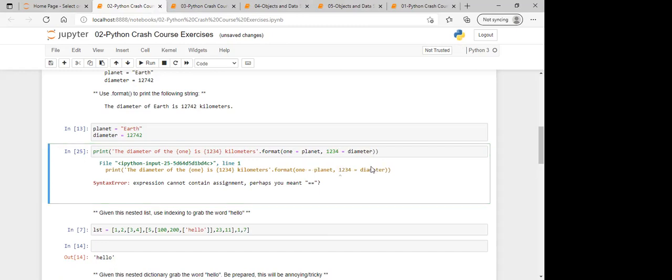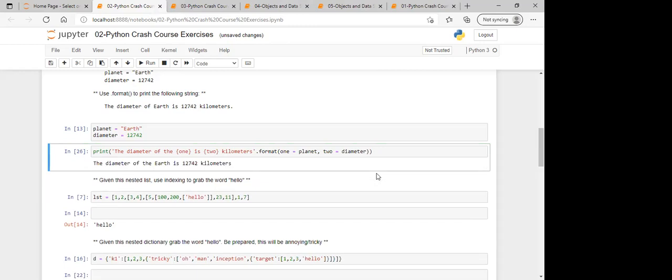So you change this 1, 2, 3, 4 into just TWO2 inside the string. Just write 2 and you run this. So it is fine. So basically these are two roll numbers. In place of 1, you put the value of planet. In place of 2, you put the value of diameter. So we can use this thing if there are multiple variables I need in my string. Okay, fill in the blanks.